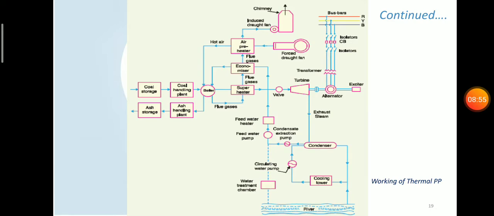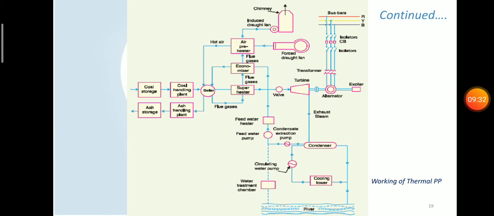The economizer will preheat the water into the boiler. While we are giving water to the boiler, it will pass through the economizer. The economizer also uses the heat from flue gases so that it increases the efficiency of the system. And there is an air preheater. The air preheater is also for preheating the air given to the boiler. It also uses flue gases from the burnt coal while they are moving to the chimney. So these three parts increase the efficiency of the system.